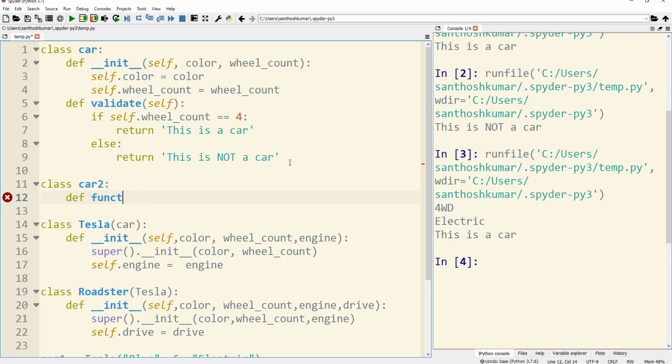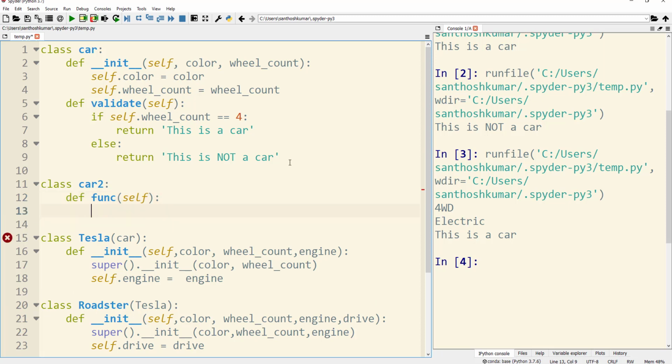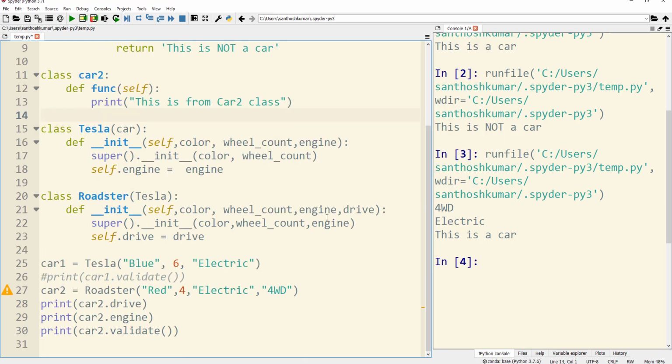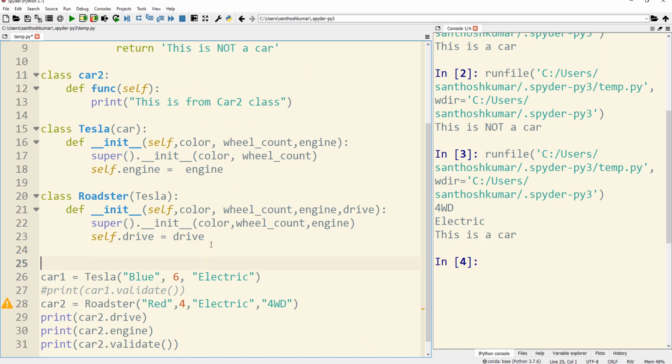So here I am creating the car2 class, which is going to act as a second parent class, and in car2 I am defining a method by name func, and in that method I am printing this is from car2 class. So the second parent class definition is done.